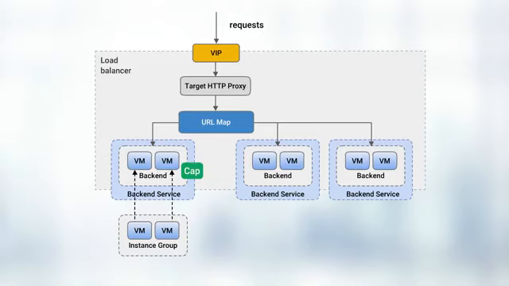If capacity is exceeded by an instance group or no healthy instances are available, traffic is routed by the backend service to the next closest instance group. Note, a backend service may have up to 500 endpoints per zone.